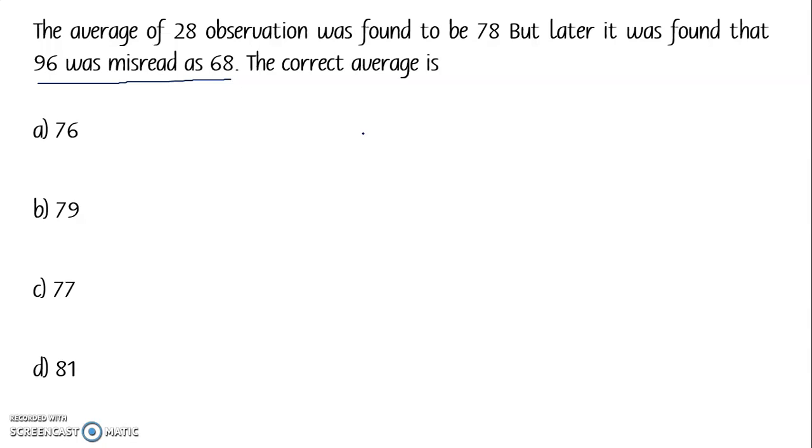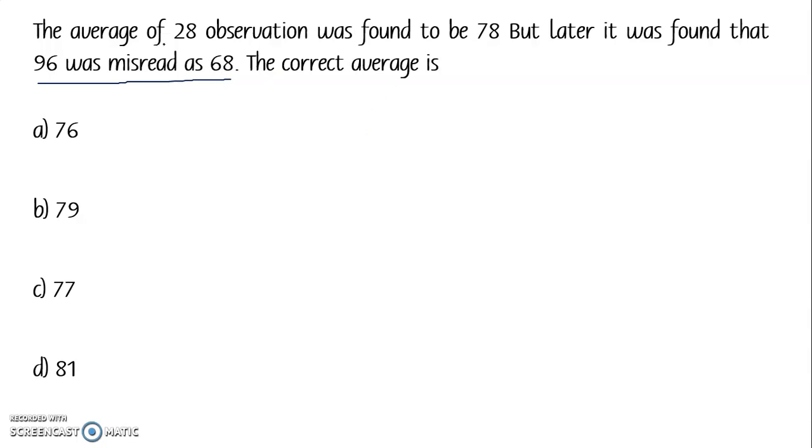For example, if they missed out 20 marks in the total, then we need to add that. Find out the total number of items. Divide the total deviation by the total number of items, and that will give you the deviation in average. Accordingly, you can either add or subtract the deviation. Now here we will find it.